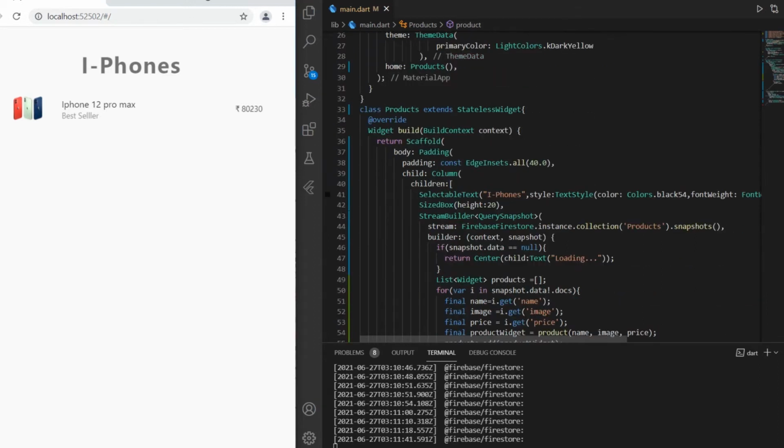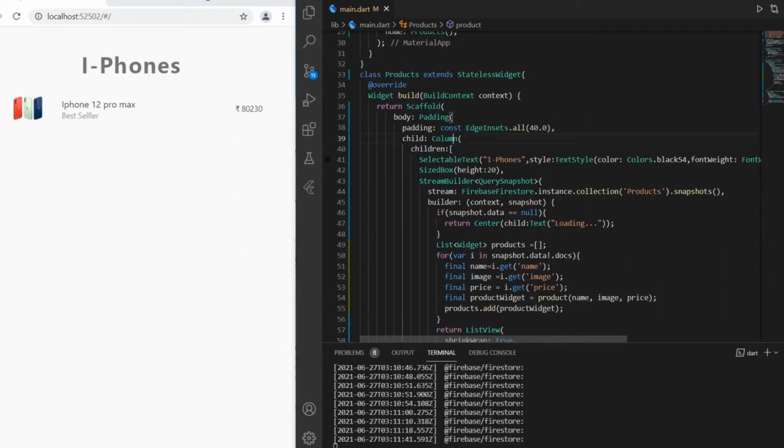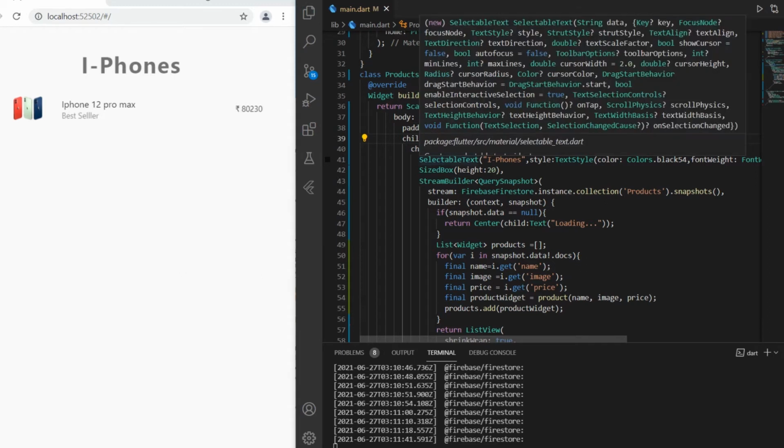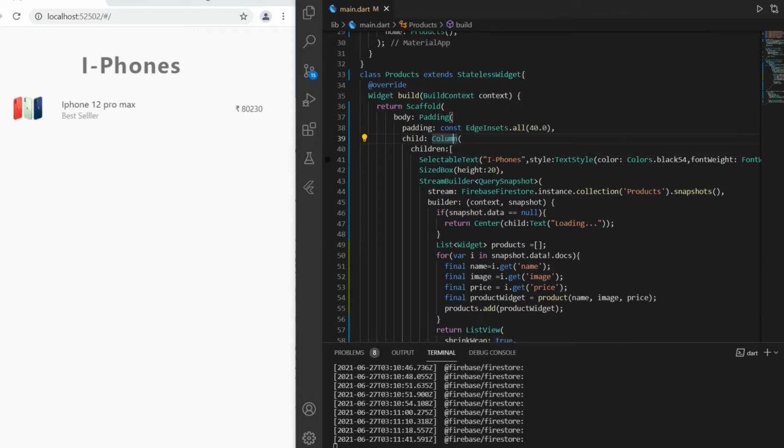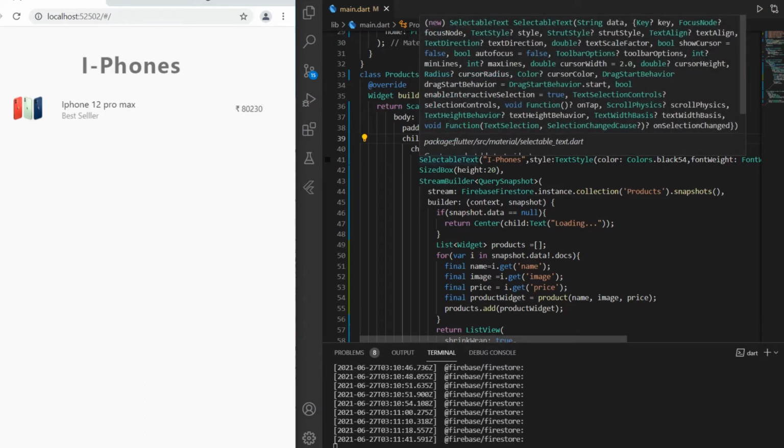So first we will see what we did here in this UI part. There is nothing great happening here in the UI, because we are going for the logical things. So that's why I didn't focus so much time on UI. Actually, as you can see, there is a padding of 40 from all sides. Then after that there is a column and there is a selectable text. Why selectable text? Because selectable text is for the web. When you use it, you can select any text. But if you use the normal text, then nothing is going to be selectable. So you have to use the selectable text.